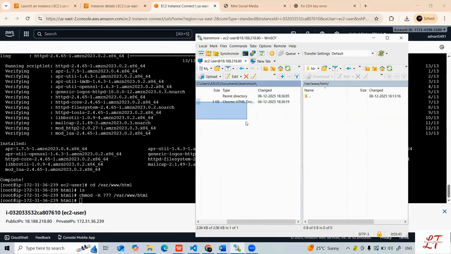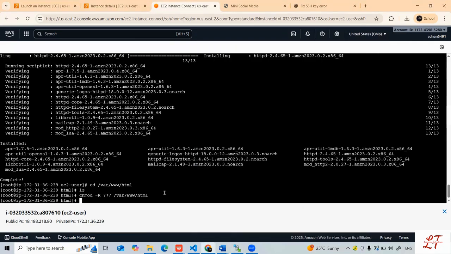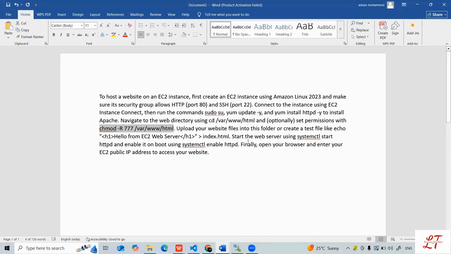And now again we're gonna try again. So we're just gonna drag. Yeah, and now it is getting transferred from my computer to the EC2 instance, and it is getting stored inside this directory. And now I'm gonna start this HTTP server so that my static website should be able to run on the EC2 instance.